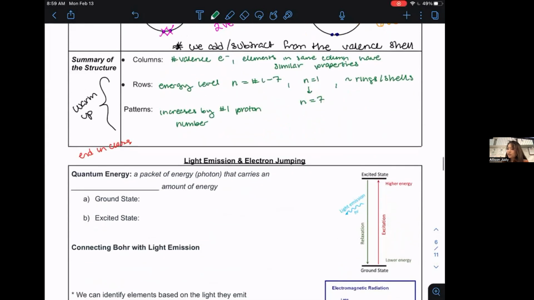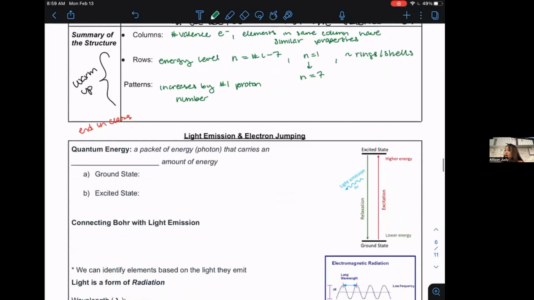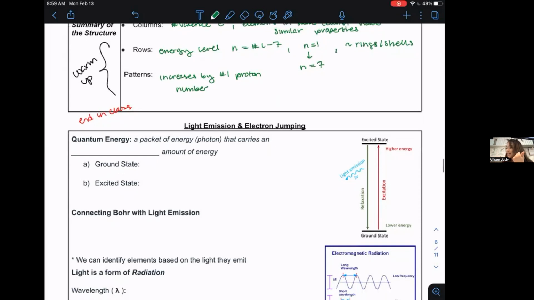So here's what we need to understand, okay? There is a thing called quantum energy, and this goes off the idea that there are distinct energy levels that electrons can exist in. And electrons, if excited, can jump up an energy level, just like you and me. We can jump, right? So we say that quantum energy is a packet of energy. We call that a photon, by the way, that carries an exact